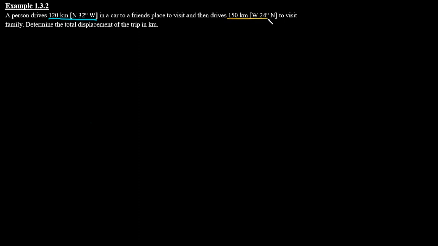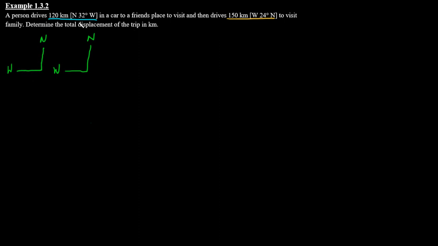What I like to do is, since our directions are north and west for both, draw two little quadrants that represent the direction of north and west for both my displacements. This gives me a chance to draw both vectors the way they are represented here in two dimensions to see where the angle lies